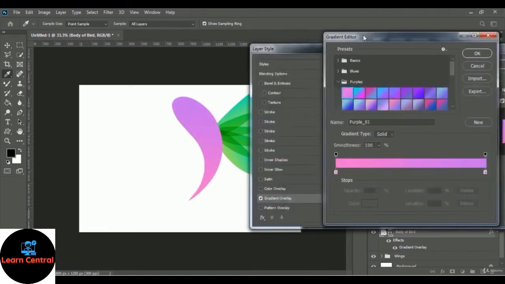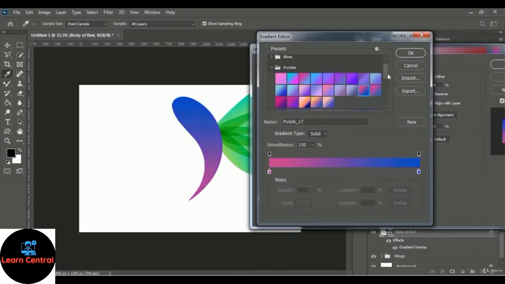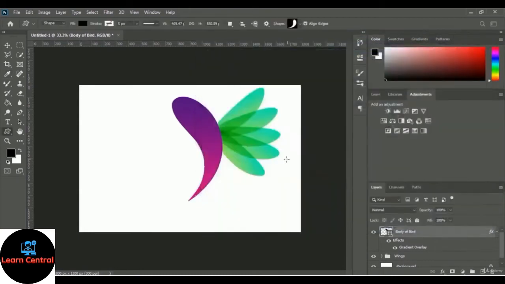You have to take a look. I think this one looks good, and I'm selecting OK. Okay, cool. Our wings and body are almost complete, and right now we will work on the next part, but before that